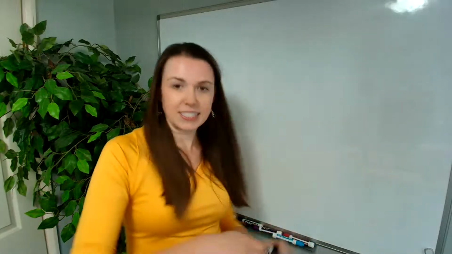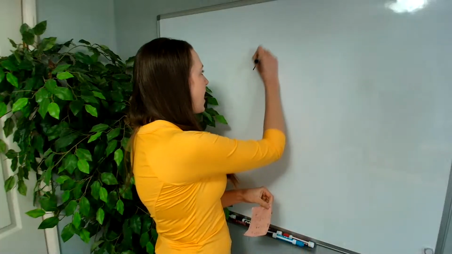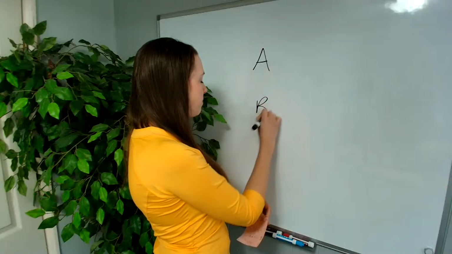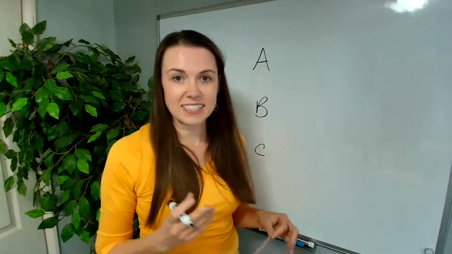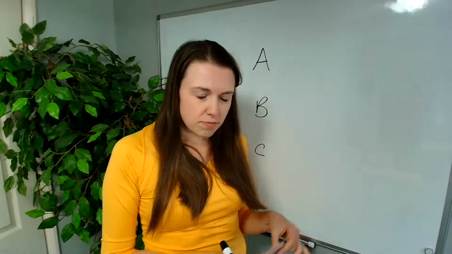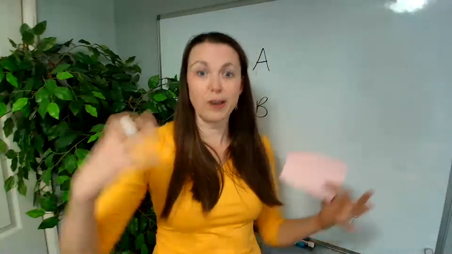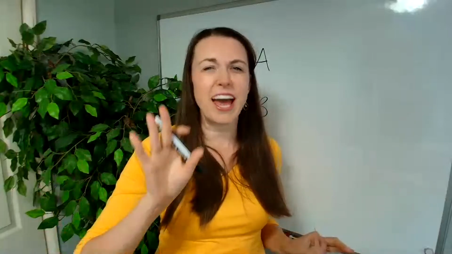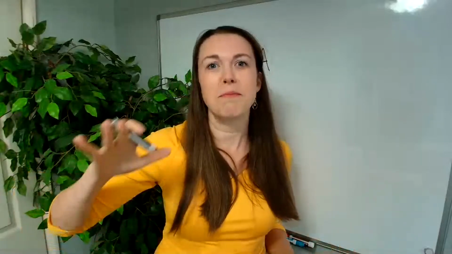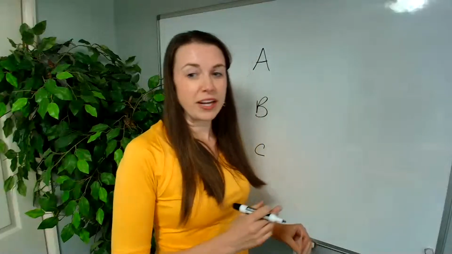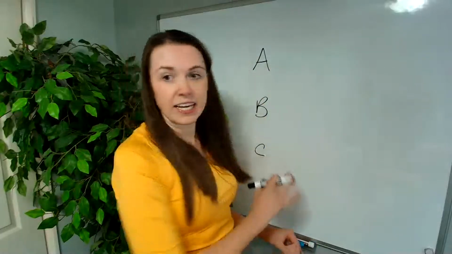All right, I've got a selection of markers and we're going to be using all of them. So we're going to pretend we have a country that has three different states: state A, state B, and state C. I'm the type of person that instead of talking about politics, we're going to talk about cookies, just to make it a little more fun. Actually, we're going to change that to pie because we're coming up on Thanksgiving. So here I have A, B, and C.